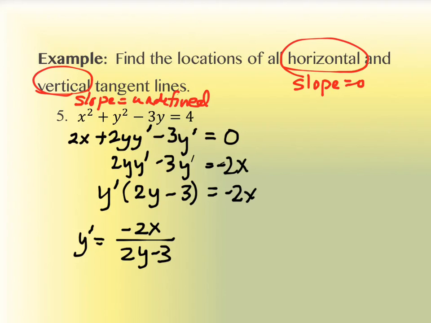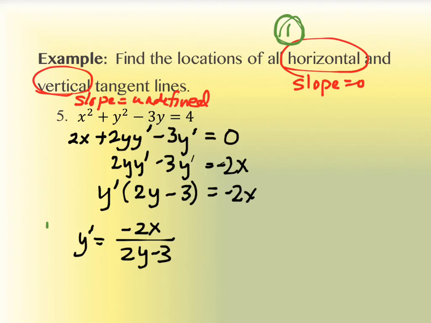Now that's good. Let's go back up to what we were looking for, and we'll do it one at a time. We'll do the horizontal one first. The first thing we're looking for is a horizontal line where the slope is 0. So this is my slope: negative 2x over 2y minus 3. How in the world am I going to get that expression